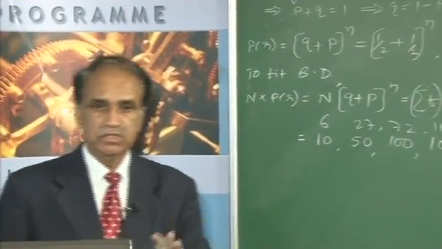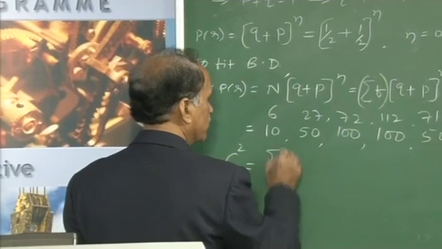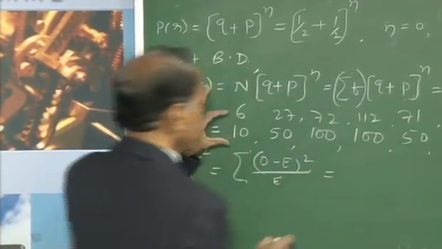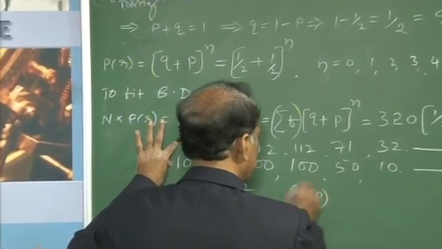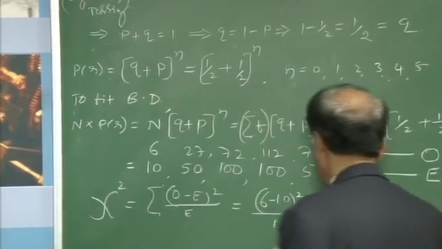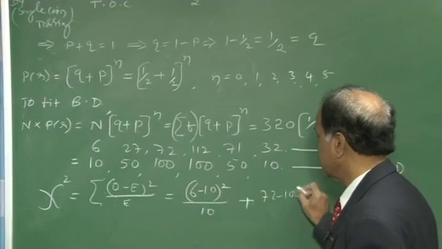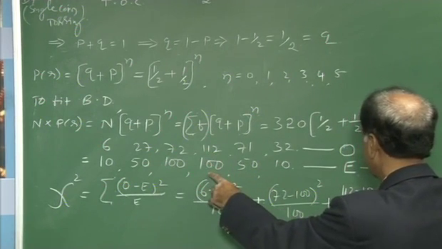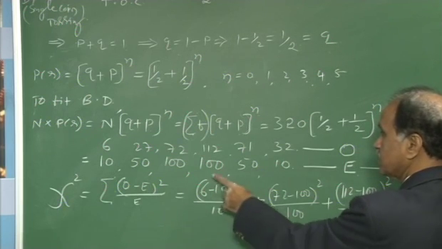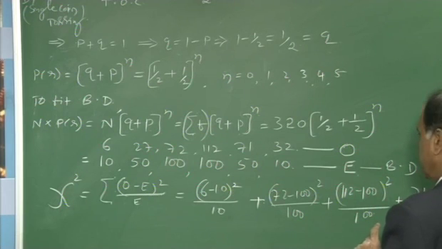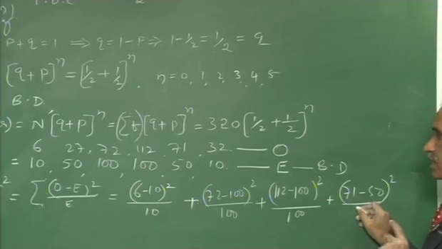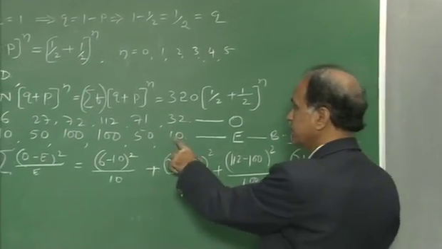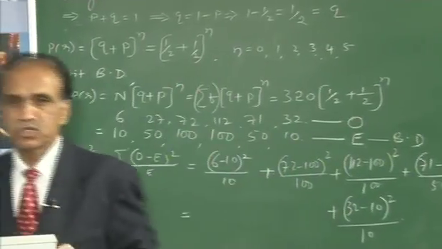We will take the help of the chi-square equation, that is chi-square is equal to the sum of (observed frequencies minus expected frequencies) whole square divided by expected frequencies. That means for each pair I will do like this: (6 minus 10) whole square divided by 10, plus (72 minus 100) whole square divided by 100, and (112 minus 100) whole square divided by 100, plus (71 minus 50) whole square divided by 50, and plus (32 minus 10) whole square divided by the expected frequency, and this calculation comes out to be